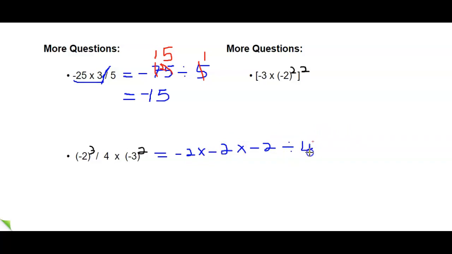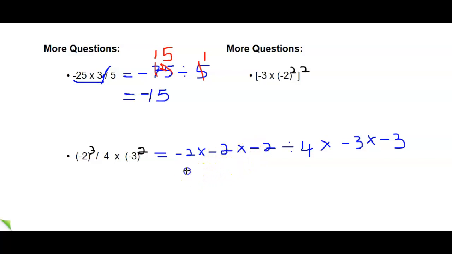Okay, divide that by 4, then multiply that by negative 3 times negative 3. Okay, so negative times negative is a positive, times a negative is a negative. I'll go over that again. A negative multiplied by a negative would give you a positive, and a positive multiplied by a negative would give